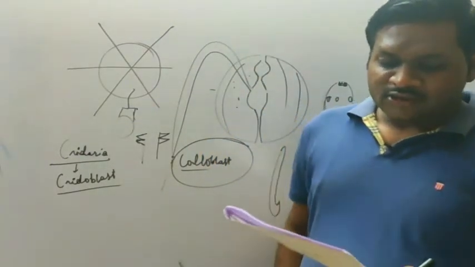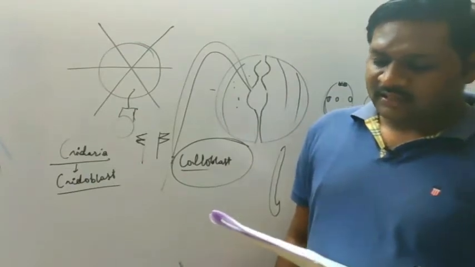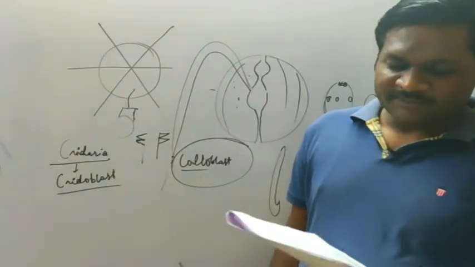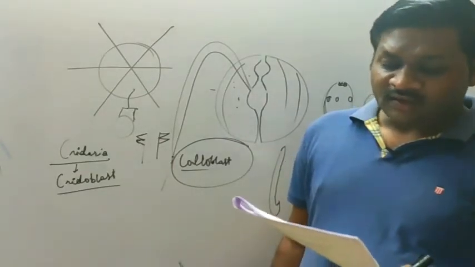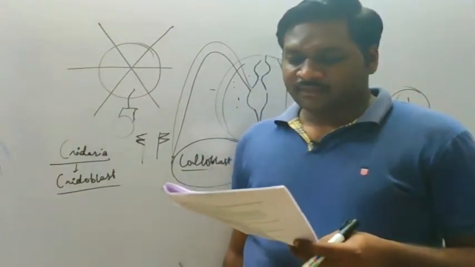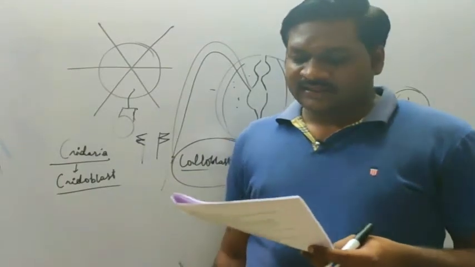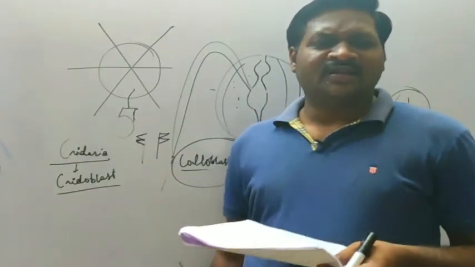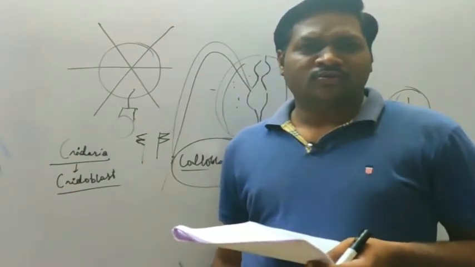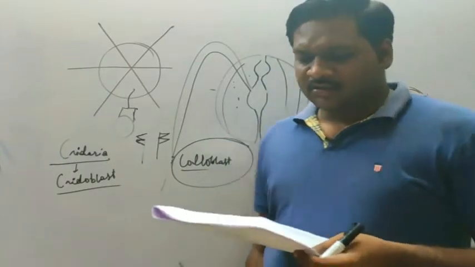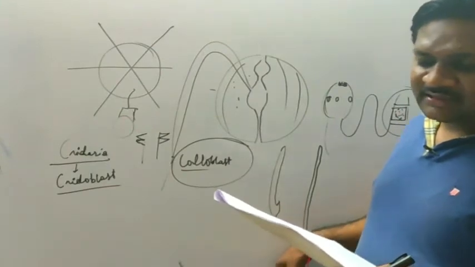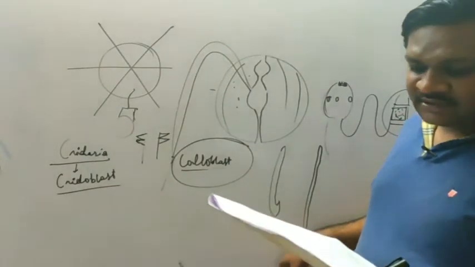The next question: which of the following occurs in mollusks but not echinoderms? See the options: Aristotle's lantern, kidneys, organ system level of organization, dioecious condition. In echinoderms, they don't have kidneys. Generally excretion is in the form of ammonia, which is diffused through the body, or some other characteristic feature will be there, but they don't have kidneys. So this will be the answer, option B for question number 164.